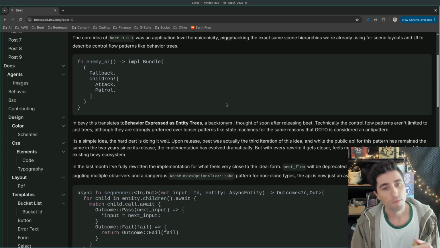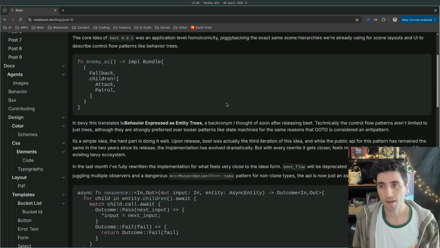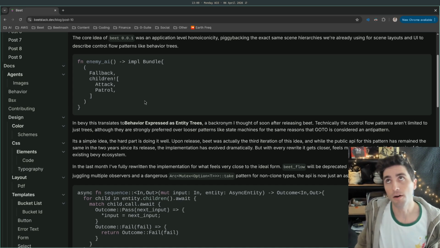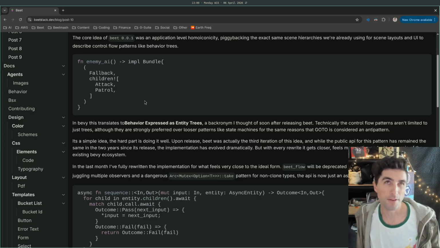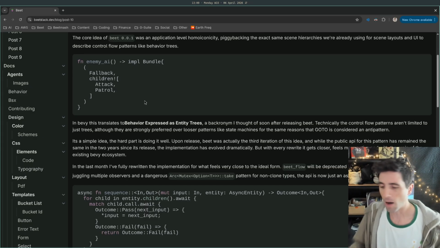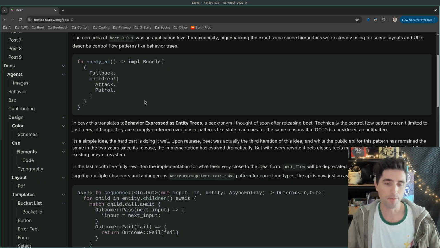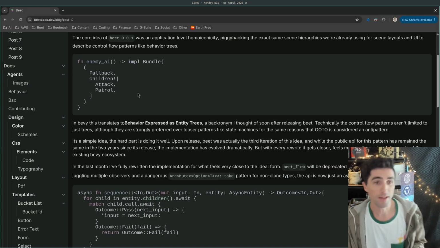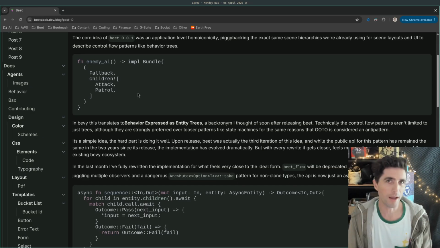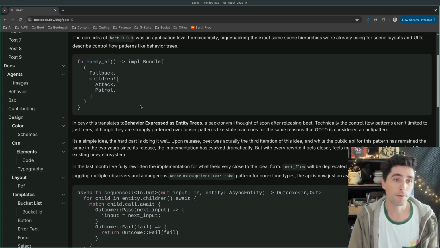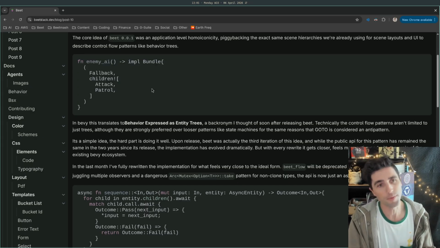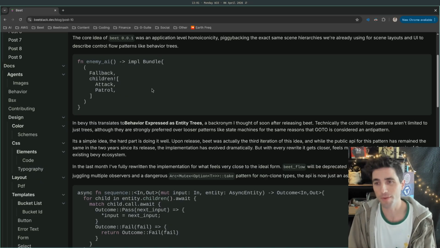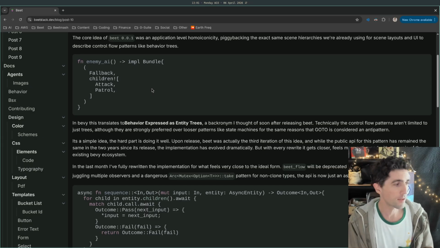But the most recent implementation has had a lot of iterations. The one before just now was built on observers, which are a bit like an event-based system. I'll shoot out an event, maybe someone's going to listen and react to it, and that's how this whole tree was communicating. The API was quite beautiful, but the implementation was quite messy. It was worth it, but it was messy. And so things have matured a bit since then.